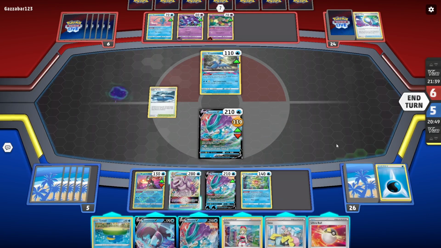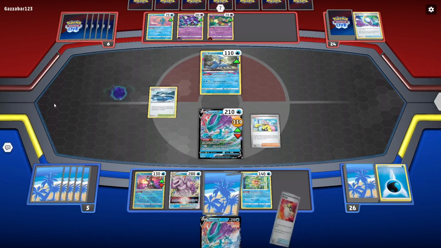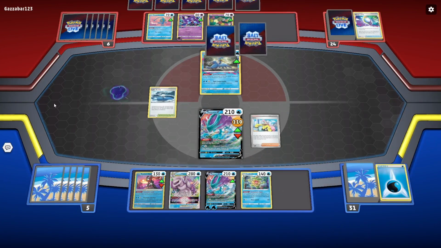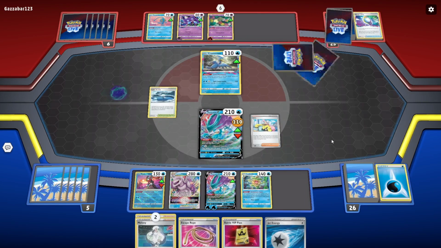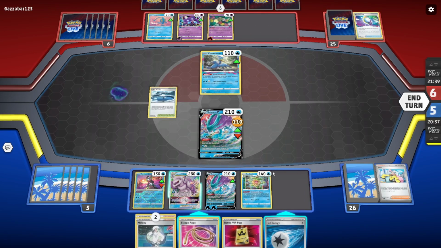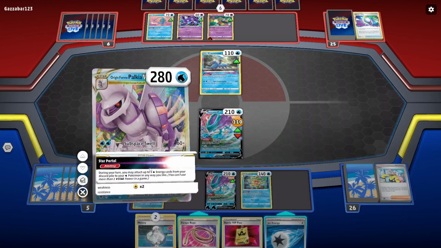I'm going to Iono. What do I have? I have 3, right? Okay. I'm going to Iono, just get a fresh set of cards here. Maybe I should have used Great Ball. Okay, so Jet Energy is a nice get. Do I just want to take out the Cramorant? Maybe I do. Okay, so I'm going to